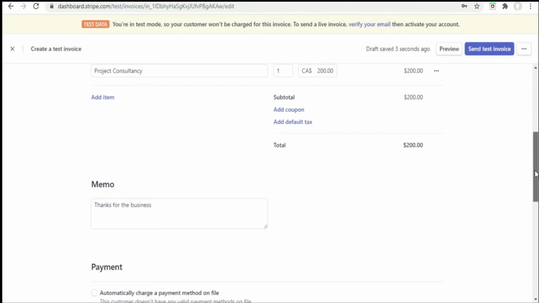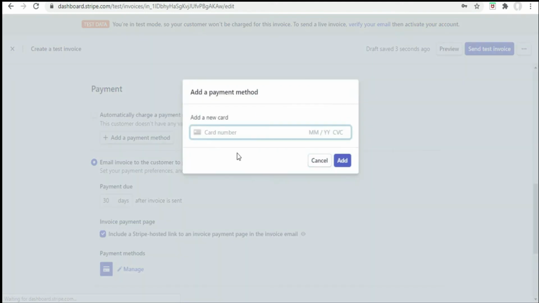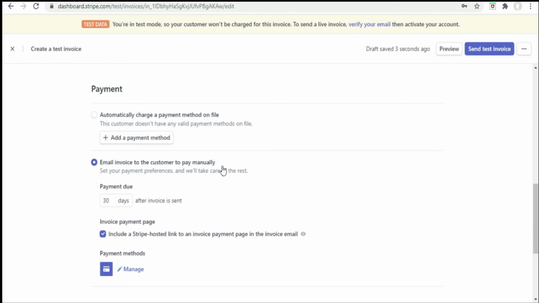Okay. Now once we come down to the payment method, say you want to automatically charge the payment method, then you can go and click and add the card detail of the customer. Email invoice to customer to pay manually. Now you can give the payment due date also. Say you want them to pay within 3 days, type that.